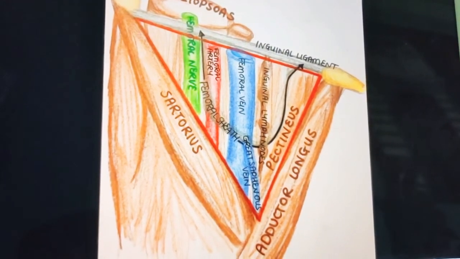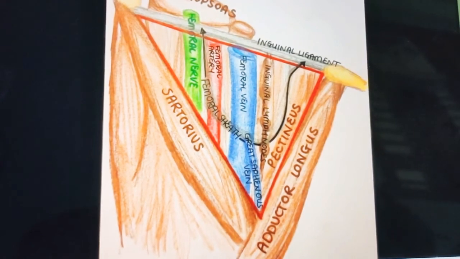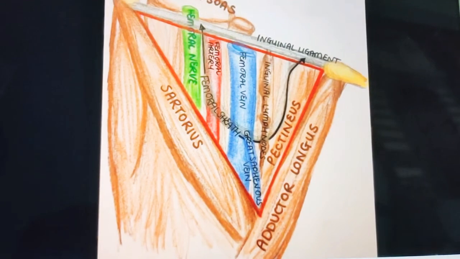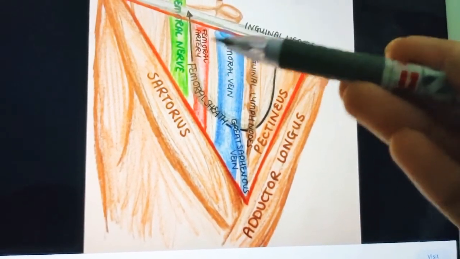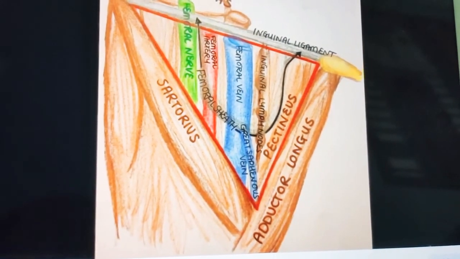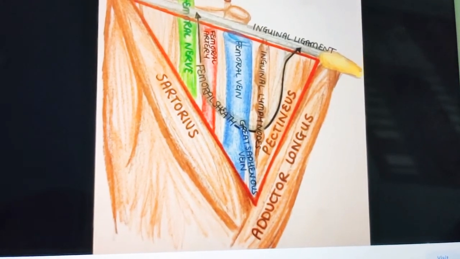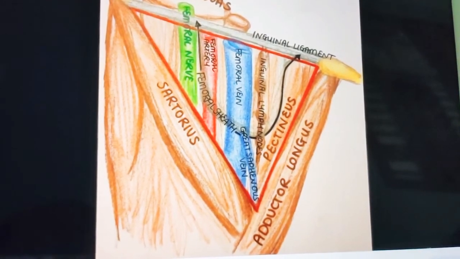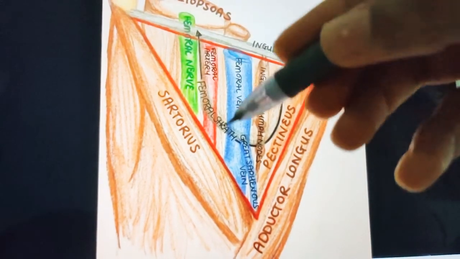Next, your deep branches are the profunda femoris, the deep external pudendal and also the muscular branches. So the profunda femoris artery is the largest branch of the femoral artery. Remember, in the name itself you can see profunda femoris, profunda means deep, the deep artery of the femoral artery. It is the longest branch of the femoral artery, and this in turn gives rise to the medial and lateral circumflex femoral arteries. So the medial and lateral circumflex femoral arteries come from the profunda femoris artery, which is in turn a branch of the femoral artery.